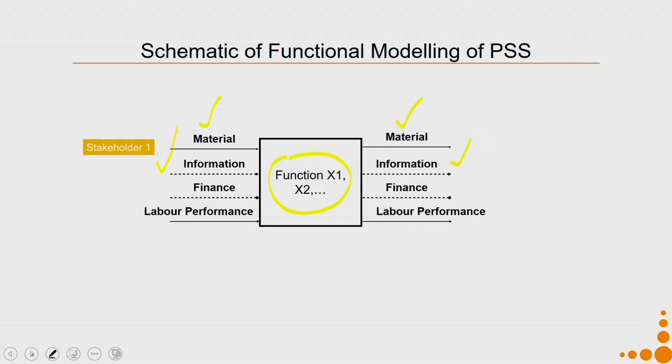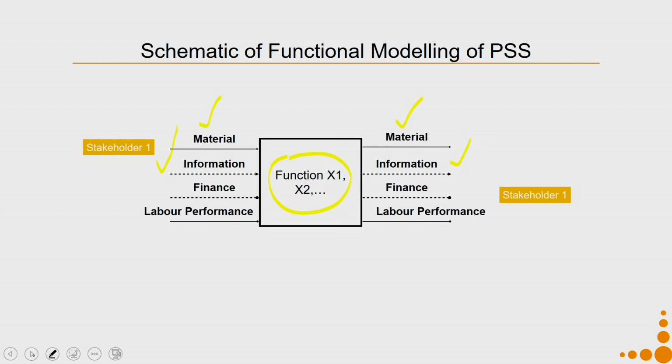So, stakeholders are human beings or human entities. Say for example, a company, a bank, they all are entities made up of human beings. Hence, we call them stakeholders. So, say for example, stakeholder 1 puts in material to make the chair. Now, who is going to give money to do that?